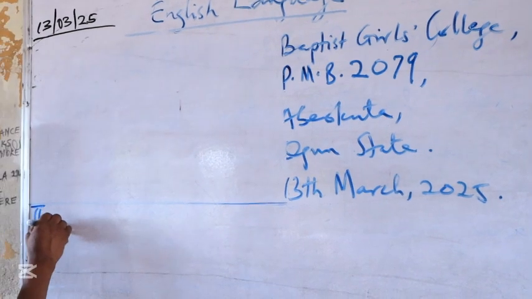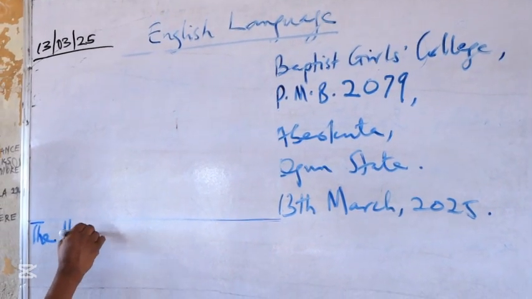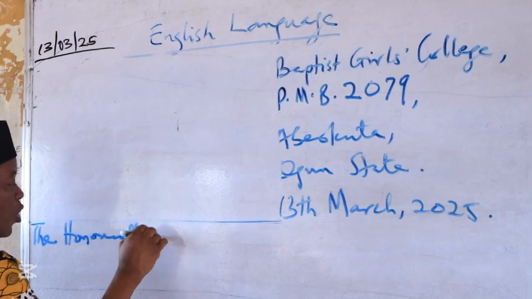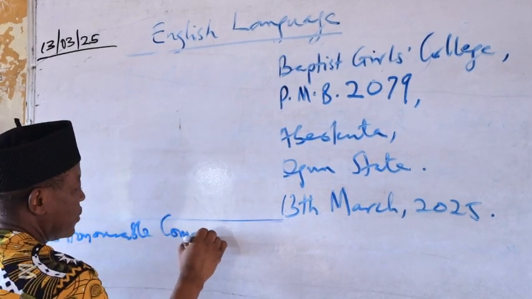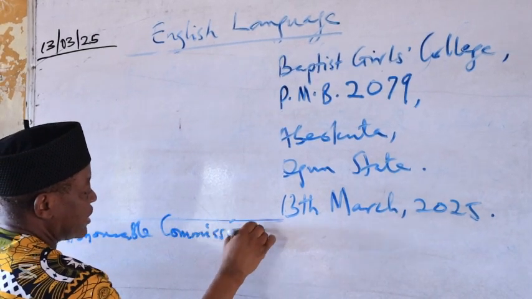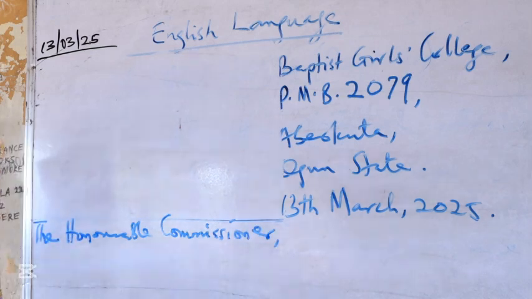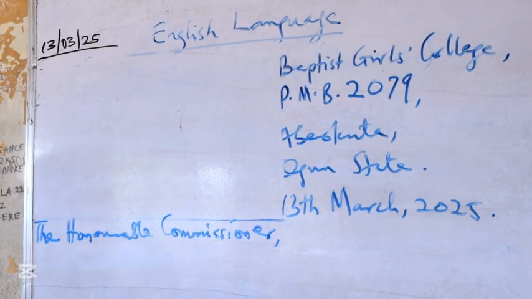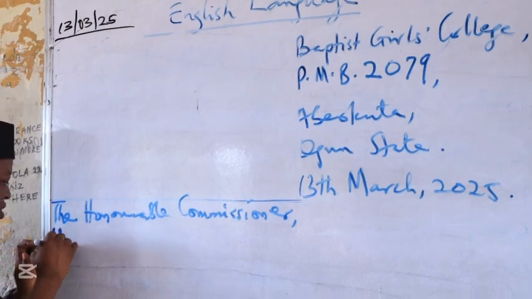The Honorable Commissioner. That is, when the letter gets to that ministry, where is it going to? It's going to the commissioner's office. Which ministry? That is, commissioner for which ministry? That's when you now write Ministry